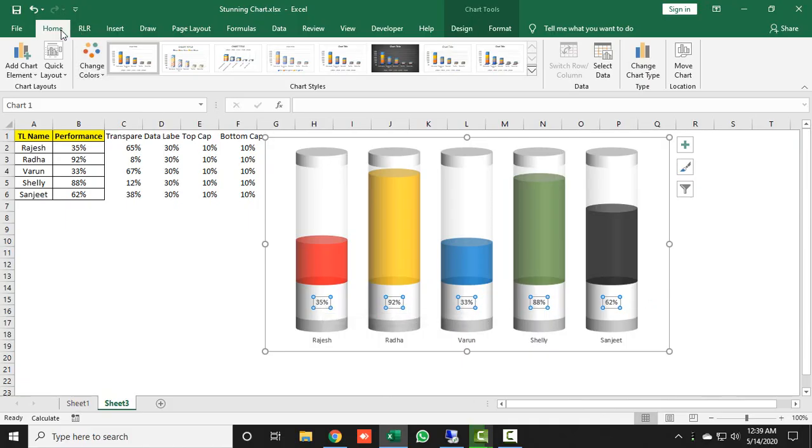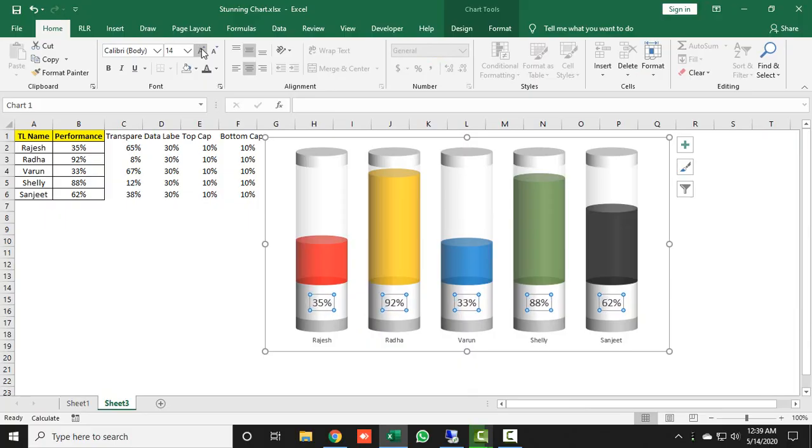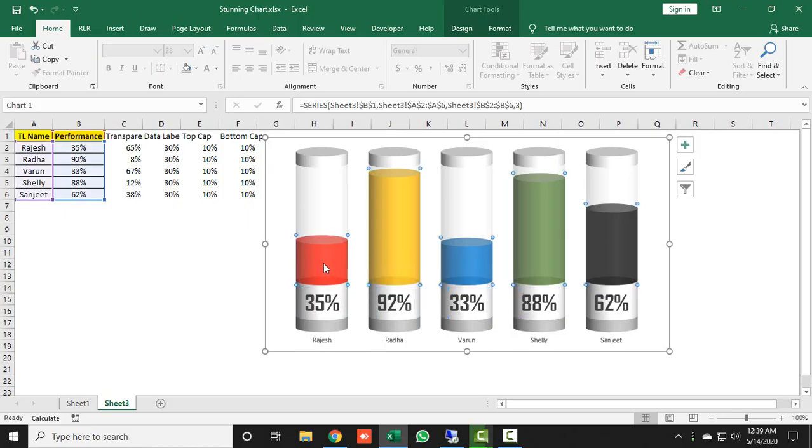Now we just need to increase the font size. So just go to home, increase the font, and let's say take around 28. Make the outlining bold and the font type Agency FB, and now choose each data label color, that would be this fill color.